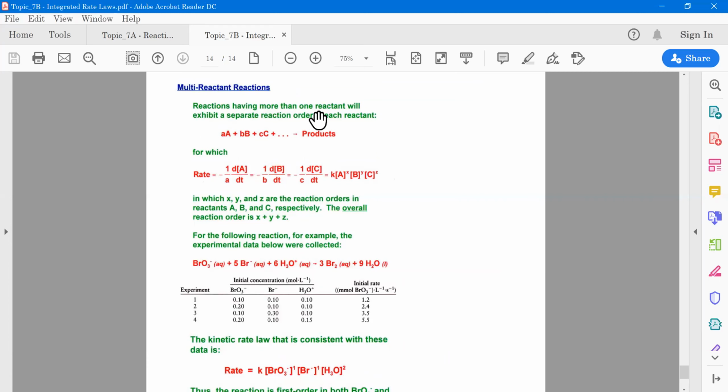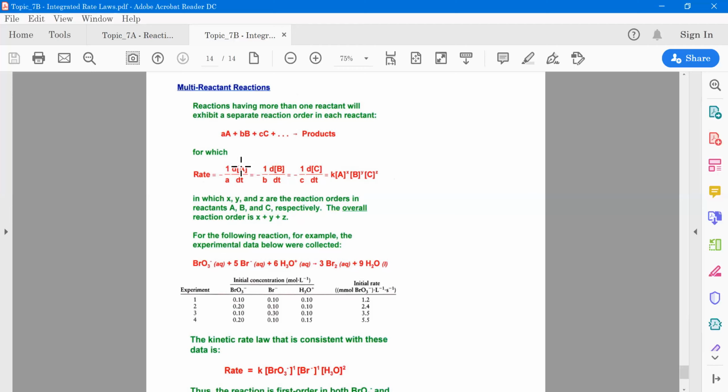For reactions that have more than one reactant, each of the individual reactants will have its own reaction order. So a reaction can be first order in A, second order in B, and something else in C. And that's what we're going to talk about now. So if we have a pseudo-general reaction like aA plus bB plus cC going to products, the reaction rate then, just by analogy to the ones we talked about previously for single reactant reactions, the rate will be